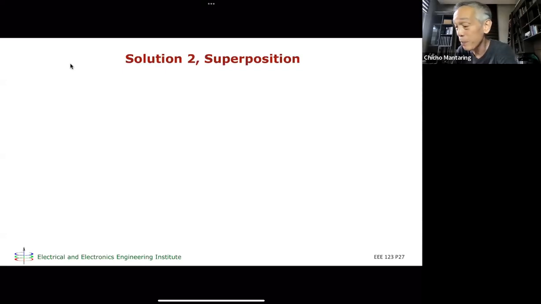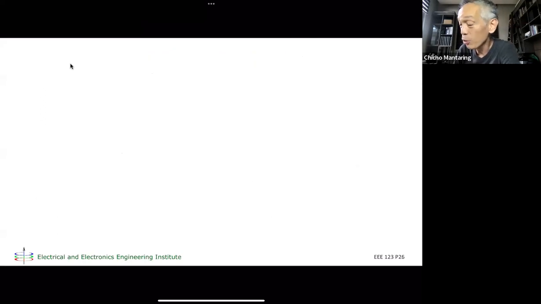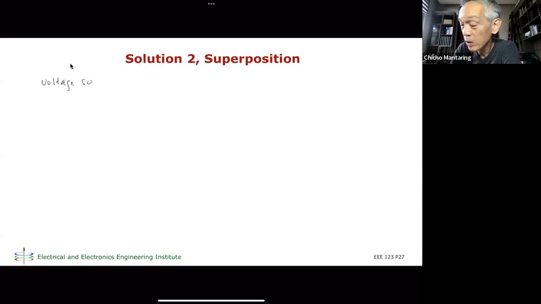So I'll outline superposition as well. With superposition, I have two sources. So I can compute for I of x using this source acting alone, and then compute for I of x using this other source acting alone. Okay? So for example, superposition. The voltage source acting alone,